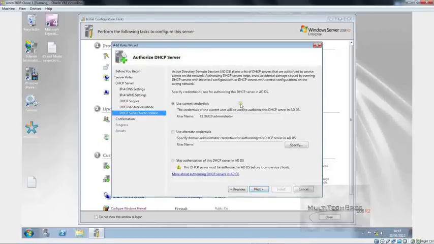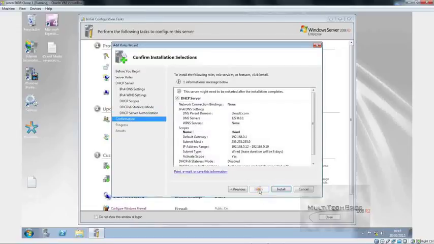Okay, let's click Next. I'm going to use the current credentials. DHCP must be authorized. Okay, don't worry about that. So I'm just going to use the current credentials, and I'm going to click Next. And now,